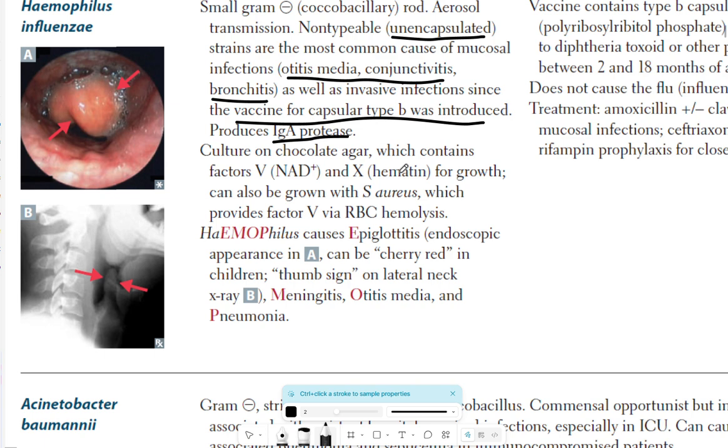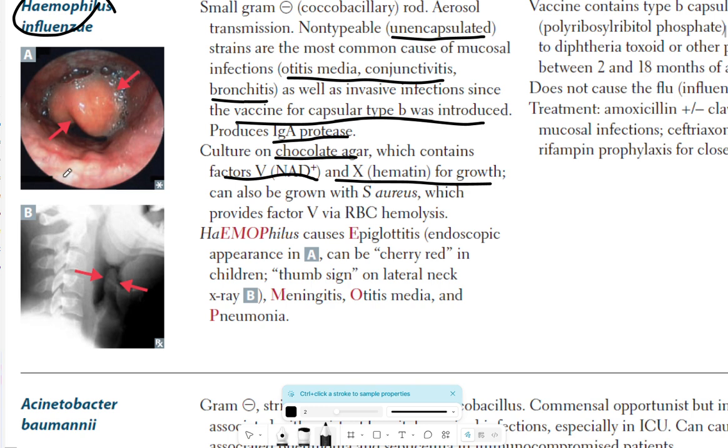Culture on chocolate agar, which contains these factors. Now, this is something special about Haemophilus influenzae. Haemophilus influenzae basically needs these special factors. The factor 5, NAD positive, and factor 10, hematin, for growth, right? So this factor 10 is basically hematin. This is needed for cytochromes, and the factor 5 is basically needed for metabolism, right? So you usually grow this on chocolate agar. This is basically heated blood. The blood, when it's heated, the RBCs are ruptured and factor 10 is released, factor 5 is released, so Haemophilus